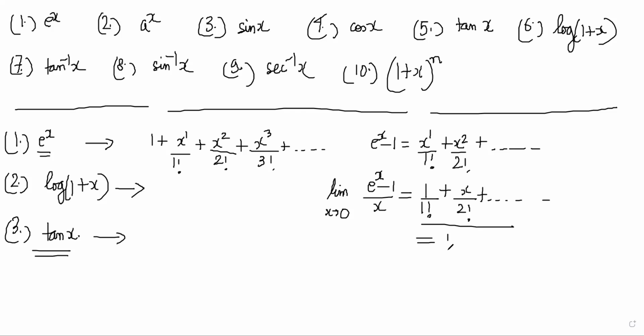This limit will become simply 1, right? Okay. So similarly, let's do log and tan in the next page. So log(1 plus x) is my f(x). So f dash x is simply 1 by (1 plus x). So f dash 0 is equal to 1,